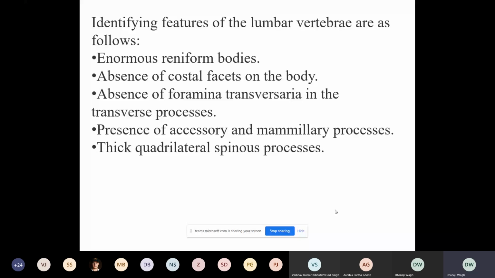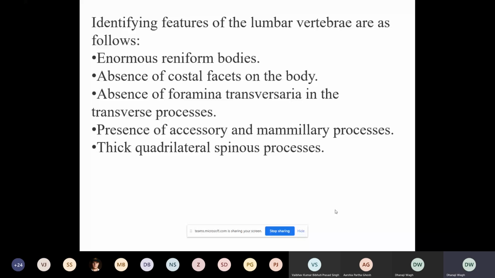It has the largest part, the body, and the posterior part of the vertebrae, that is the pedicle. Then we can see there is a superior articular facet, transverse process, lamina, and the spinous process. So you have to enumerate all these parts. When you hold an anatomical position, you have to establish anatomical position. Then you have to enumerate all these parts of the vertebrae.